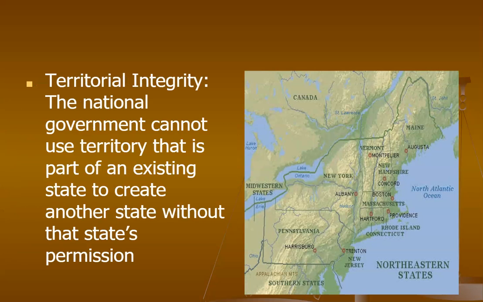Territorial integrity. Now, this is important for what I'm going to talk about in the next slide. But the national government cannot use territory that is part of an existing state to create another state without that state's permission. So we can't carve off, say, the section of northern New York and create another state without New York State's permission to do that. Now, this has only happened twice in U.S. history. The first one was Maine, which used to be part of Massachusetts, was separated from Massachusetts with Massachusetts' permission